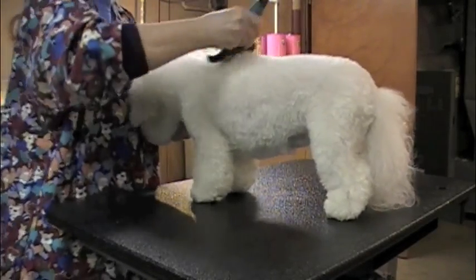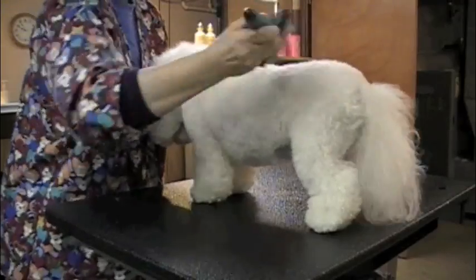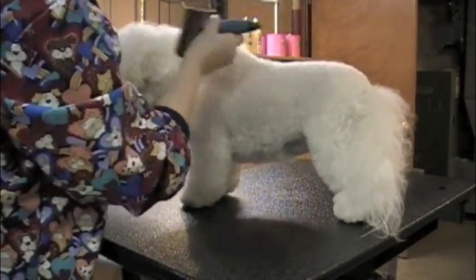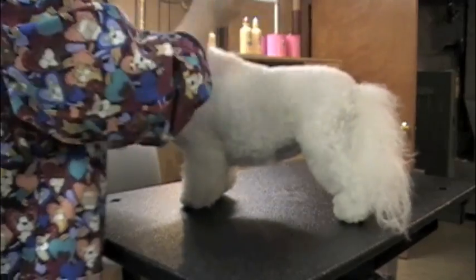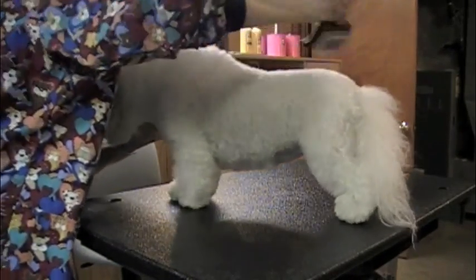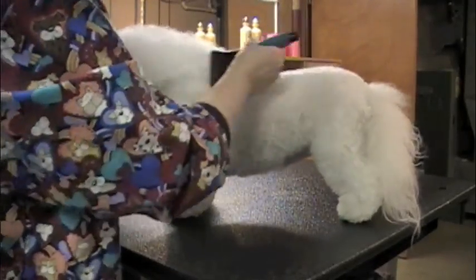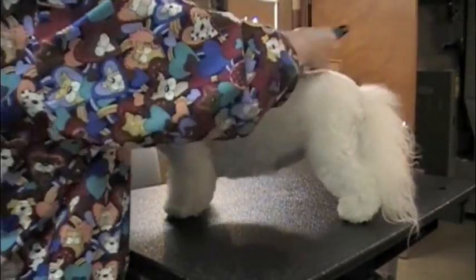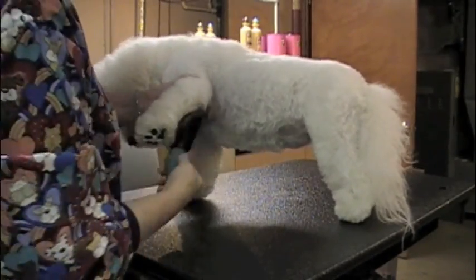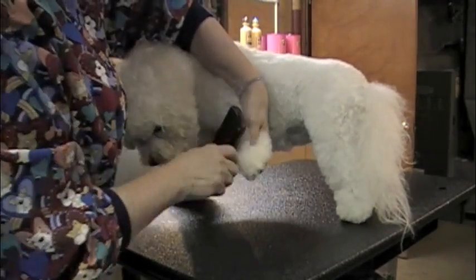So you're going to want to come down the back. And the more snags and little tangles you pull out, the quieter the brushing gets. This also helps straighten the hair, separate the hair so it finishes drying